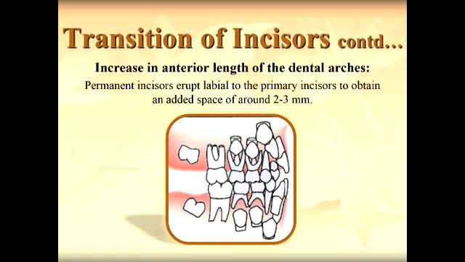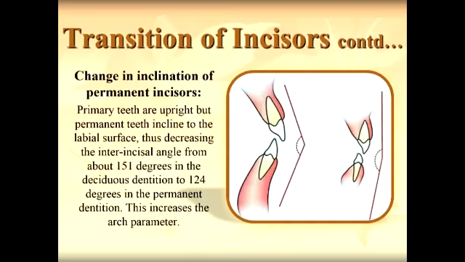Permanent incisors erupt labially to the primary incisors to obtain an added space of 2 to 3 millimeters in order to compensate for the width of the successors. Therefore, changes in the inclination of the permanent incisor are very important and measured in many treatment plans